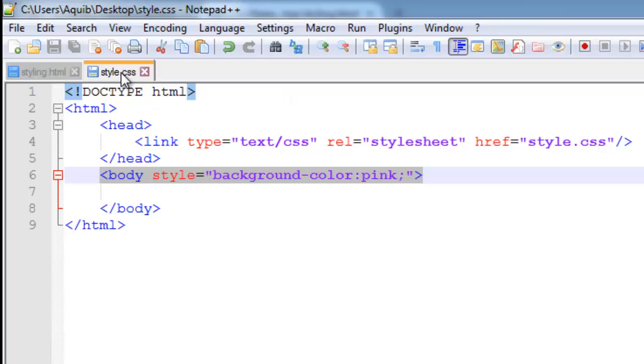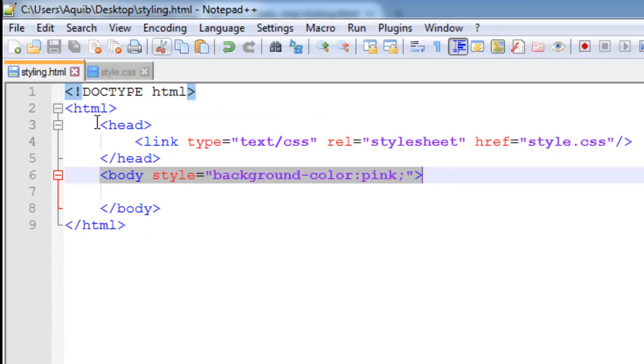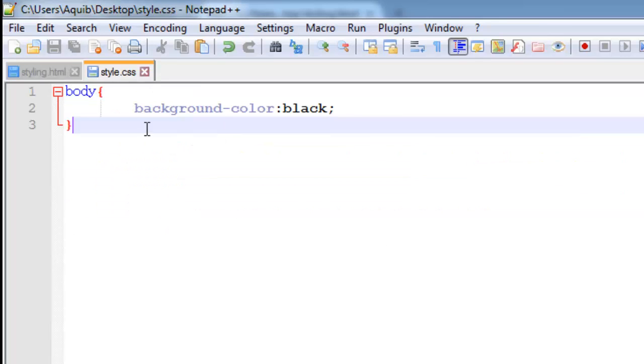So the external CSS file is used for the generic style which needs to be applied to the entire website, followed by the internal thing and then the inline style which is to be applied to one particular element. Okay, so for example, say we have 100 pages in the website and we need a common style for every page which is done with the help of this external file.